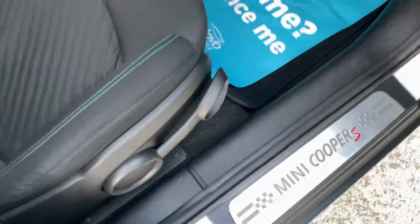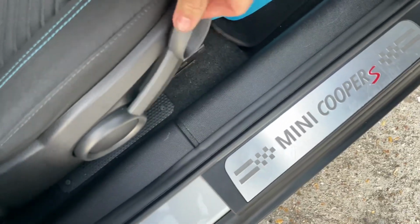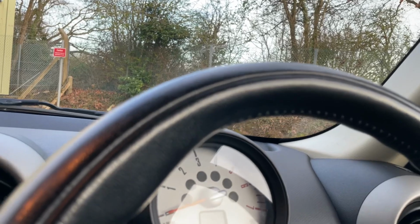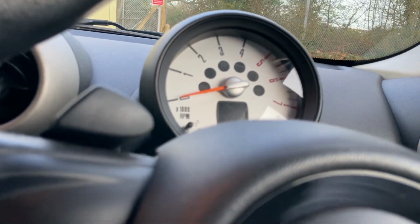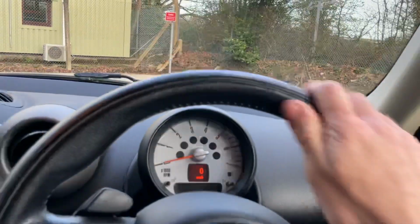So this is the height adjuster for the driver's seat. You can jack that higher or lower as well. Now let's just finish by just starting the car then for you, just so you can see its exact current mileage. Make sure it ties up with what I told you earlier. You've got the leather clad